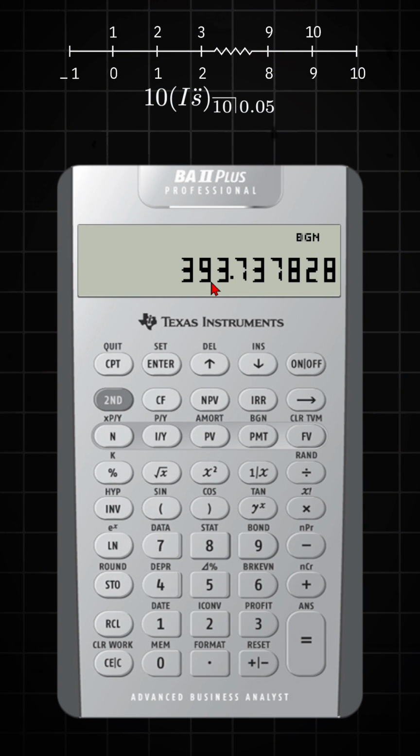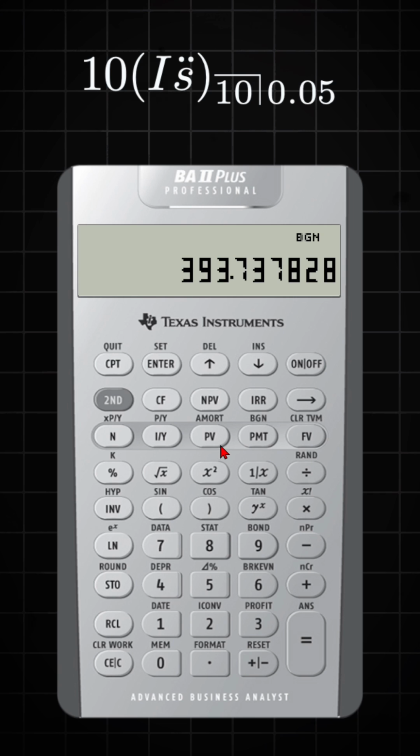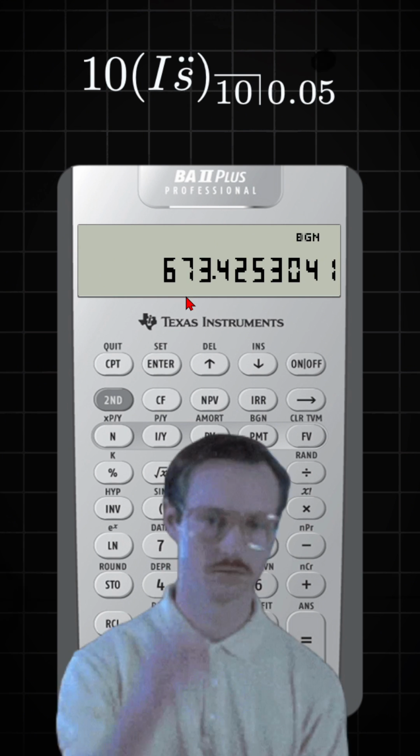So we could simply multiply by 1.05 to the 11th, or we can just use the financial keys to do that. Take what we just calculated and set it as the present value. We want to accumulate this for 11 periods. Our interest rate's already stored. We now have no recurring payment, so set 0 as the payment and compute the future value, hit the plus or minus, and there is 10 IS due angle 10,